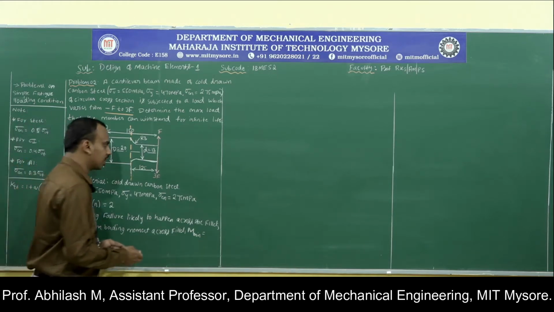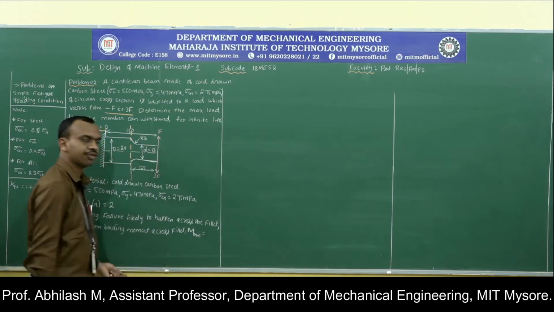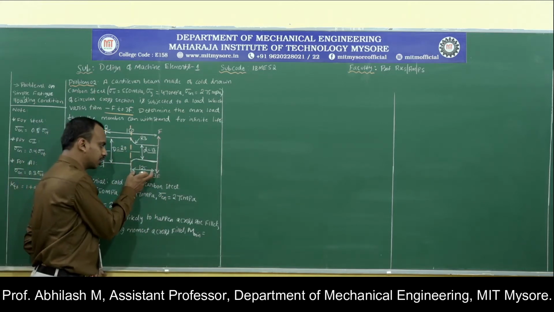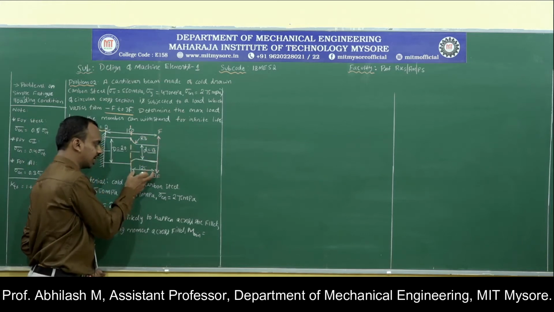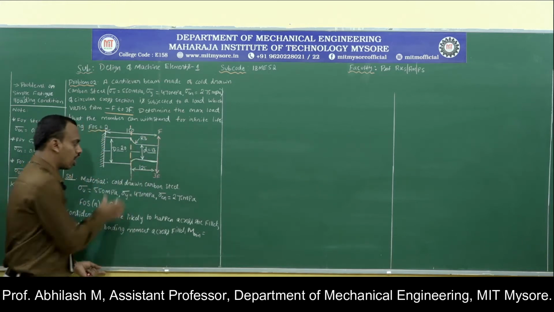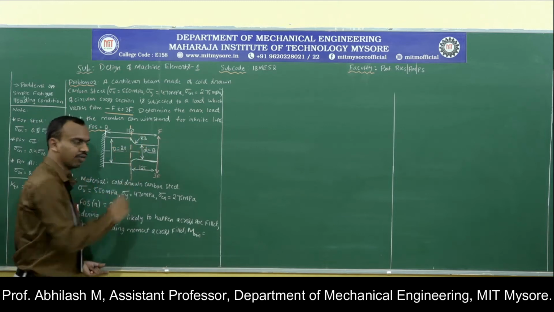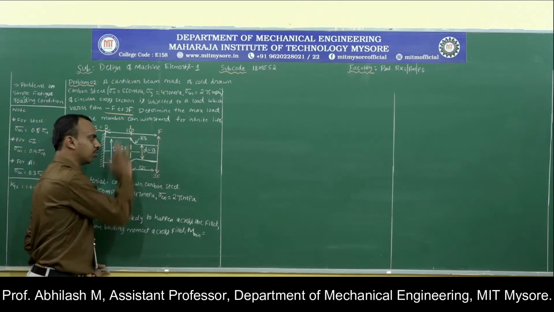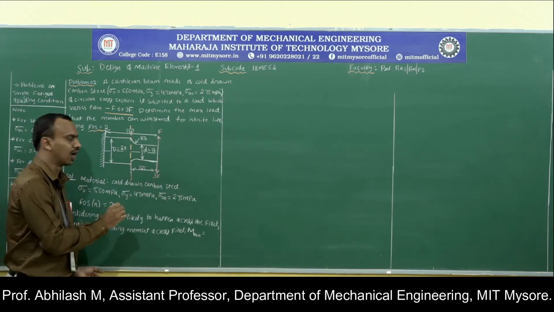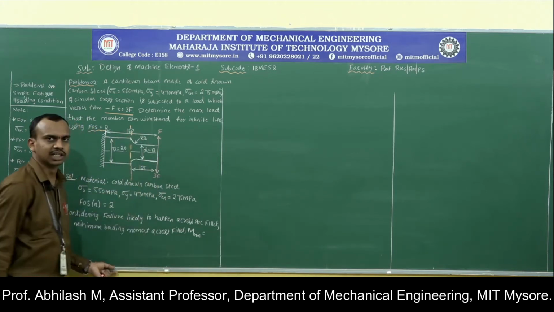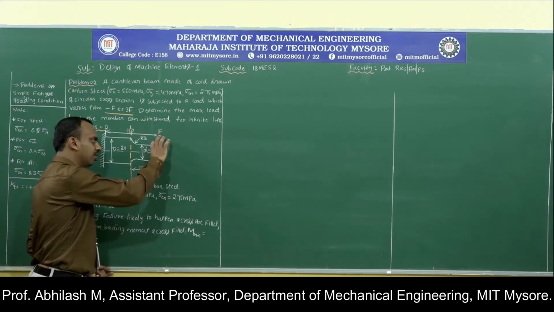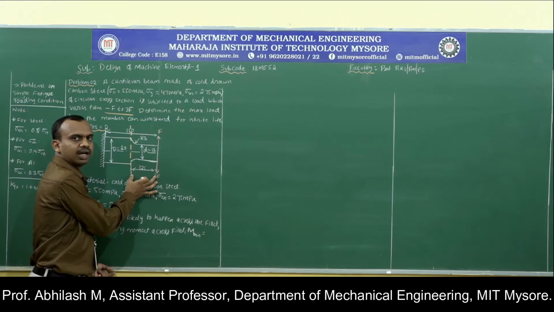What is the force? The minimum force is F, and we are considering it across the filleted region. So, the distance that we are supposed to consider is 125, not from the fixed end that is having a value of 150, because the failure of this particular machine member is likely to occur at the filleted region itself. So, the minimum bending moment will be the minimum load into its perpendicular distance.